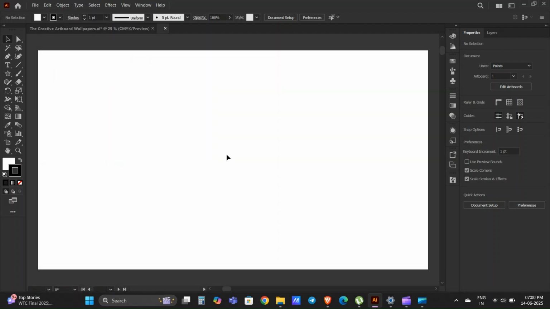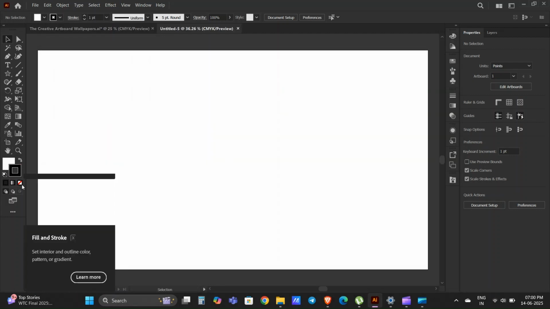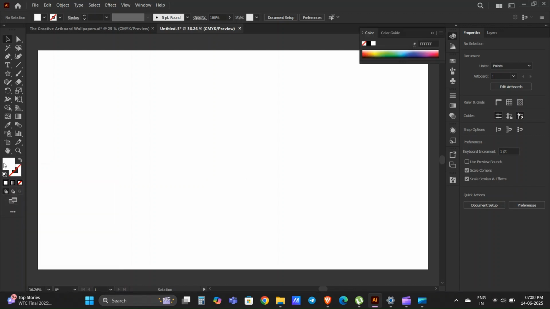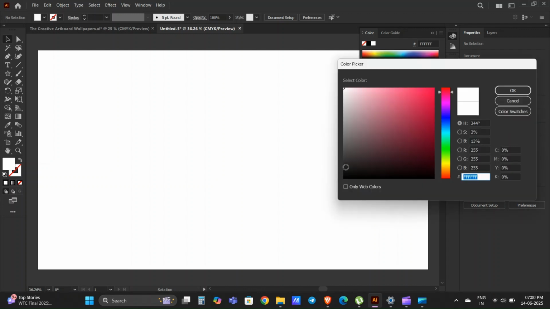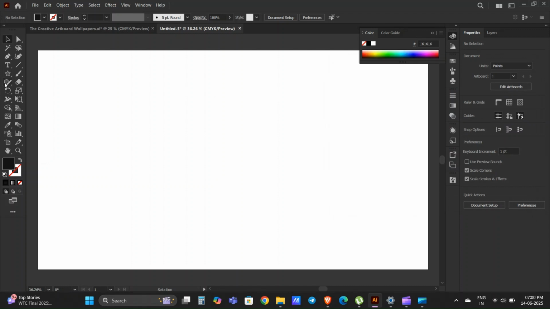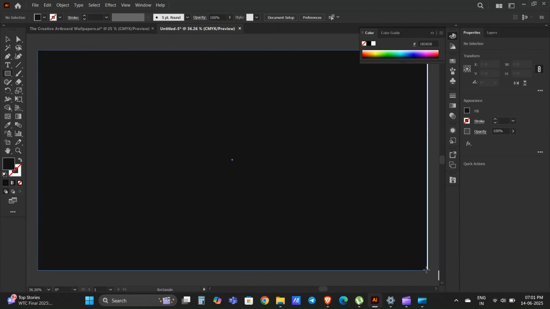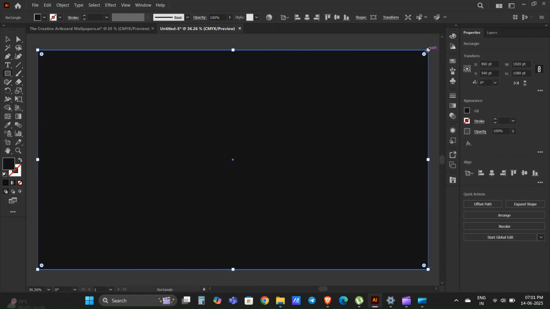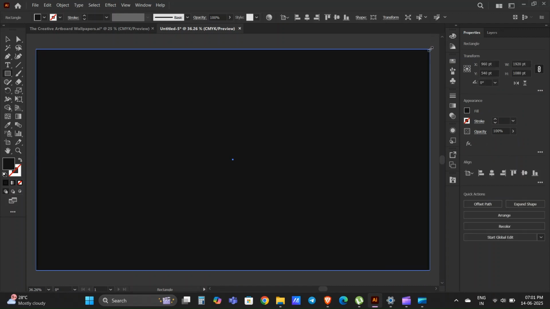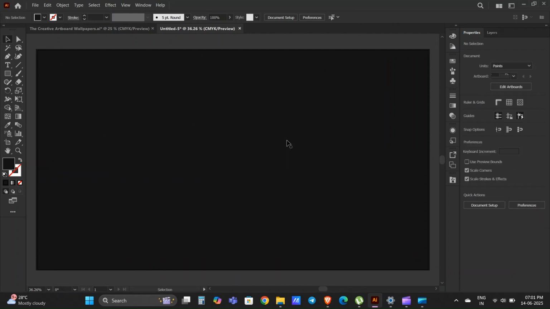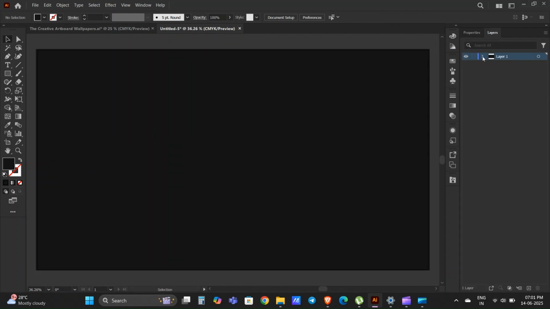And then turn off the strokes because we're going to create a background using a rectangle shape. Select any color you like for your background. I'm going with a dark gray or something similar. Then, start drawing the rectangle shape for your background, making sure it's the same size as your artboard. And then, make sure to lock the background layer so it doesn't interfere when you're selecting other elements or objects